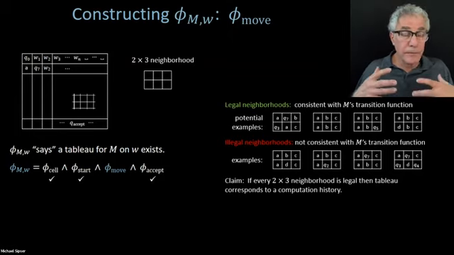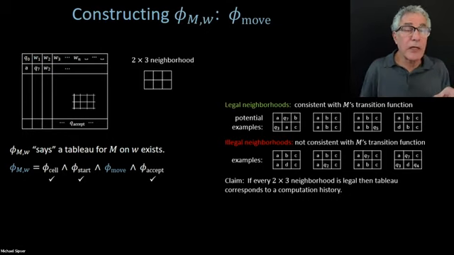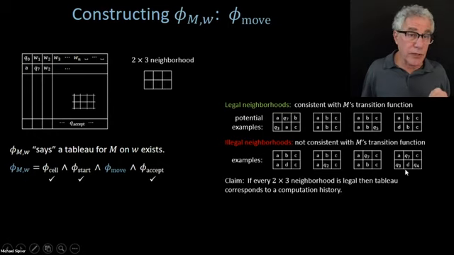But if you have a 2x3 neighborhood, it's big enough to prevent this situation from occurring. And then you can check the details. And I think it's very plausible that it guarantees that the overall tableau is legitimate if all of the 2x3 neighborhoods are legal. Okay, and so that's what we're going to turn into a